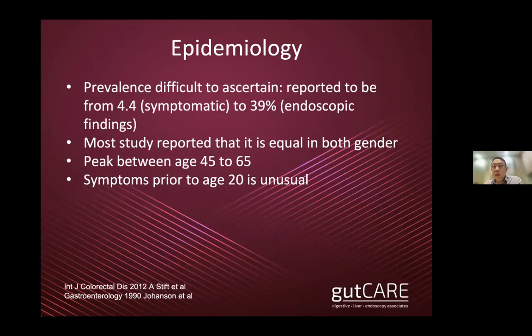The prevalence of hemorrhoids is difficult to ascertain. Some reports say 3%, 4%, 5%, and some can be as high as 39%. So sometimes you read magazines that say, oh, one third of people will suffer from hemorrhoids. Actually, when it comes to symptomatic hemorrhoids, the disease, right? In other words, people with hemorrhoids and then some bleeding, some itch and so on, is probably closer to about 5%, right? But if the studies look at endoscopic findings of the presence of swollen hemorrhoids, then the number will be closer to